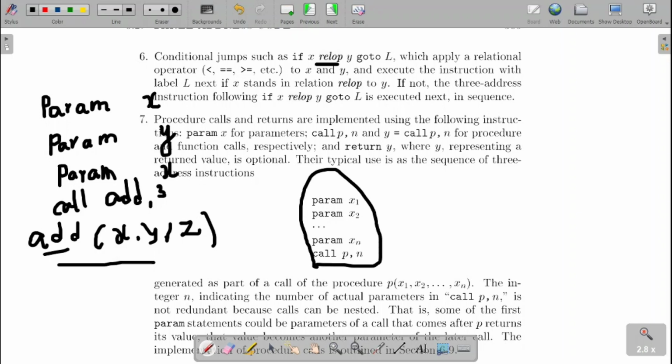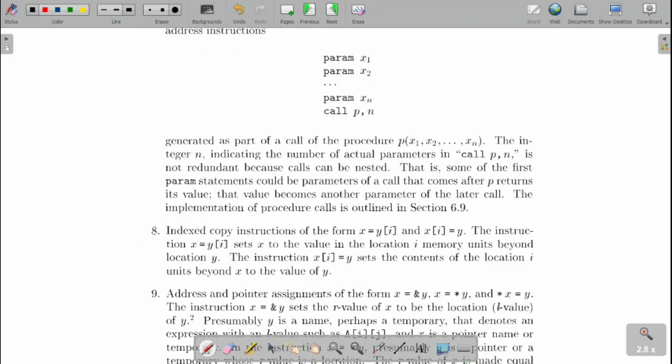That is, we specify the parameters over here. How many parameters in this case? 3: x, y and z. What is the name of the function? Add, we are putting over here. If this is to be received as a value in p, then we have the format p equal to call of this. That is if the procedure is returning any value, then this notation is used for the function call. That is what we call the procedure call.